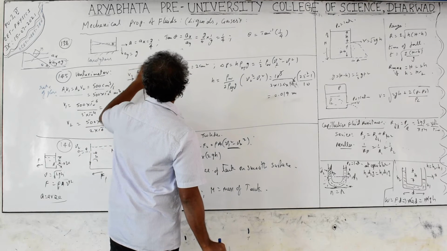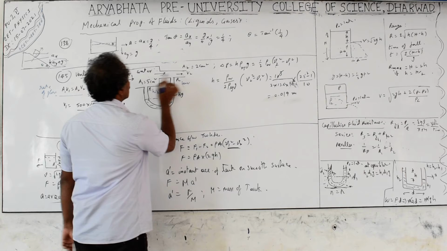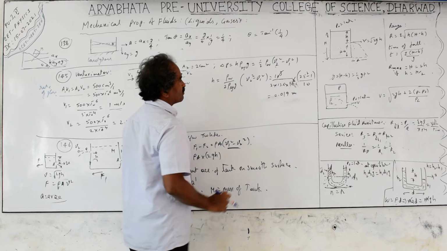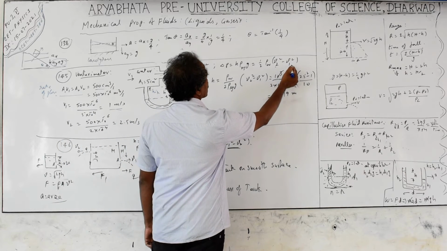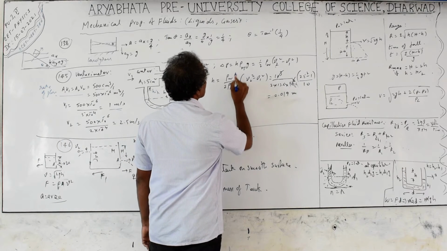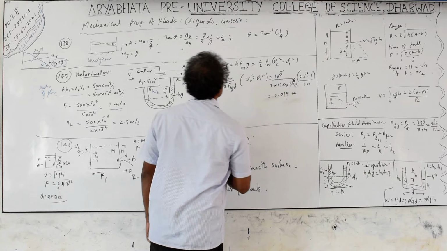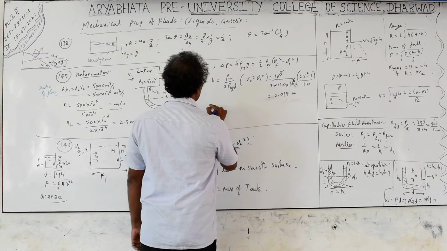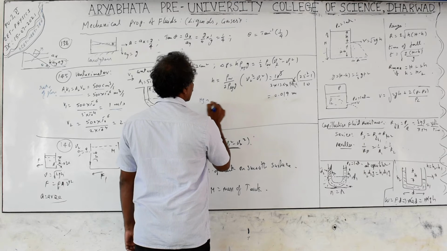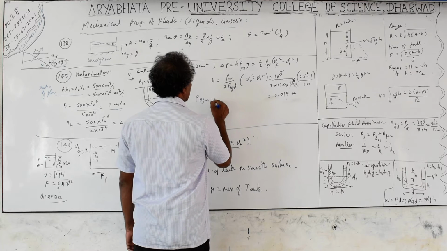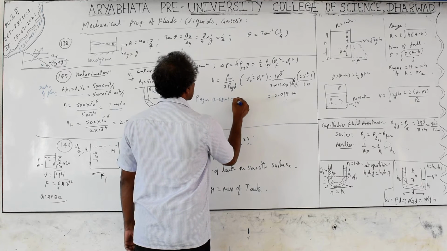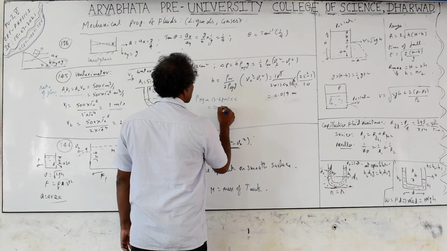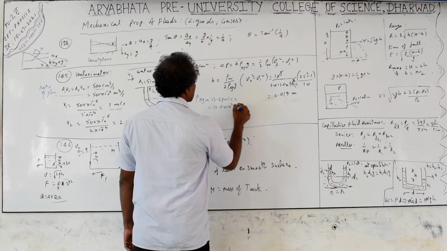This is equal to half rho into the velocity difference squared for this horizontal pipe with unequal areas of cross section, so v2 square minus v1 square. Calculating this, you will get the expression for h. This is the mercury density, this is the water density. Water density is 10 to the power of 3, and the density of mercury is 13.6 gram per cc, or 13.6 into 10 to the power of 3 kg per cubic meter.